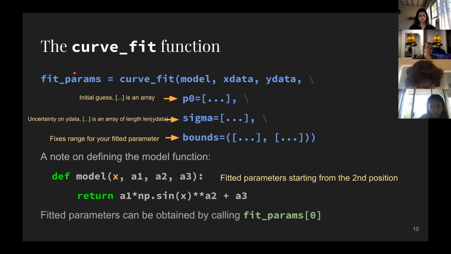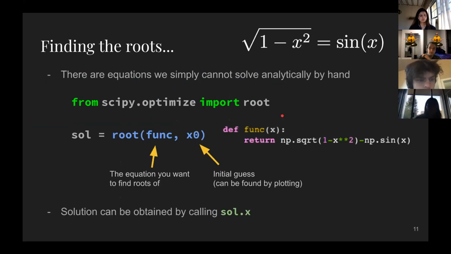This will spit out a list of two values. The 0th index is the list of the actual fitted parameter values, and the first index gives you the covariance matrix, which you can pull the errors out of. For anybody who's taking stats, you know that the diagonals of the covariance matrix correspond to the errors of each parameter. Well, I think it's the square root of the diagonals or something like that. We'll talk about it at the demo at the end of lecture.